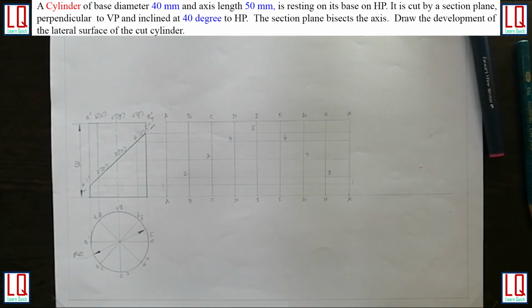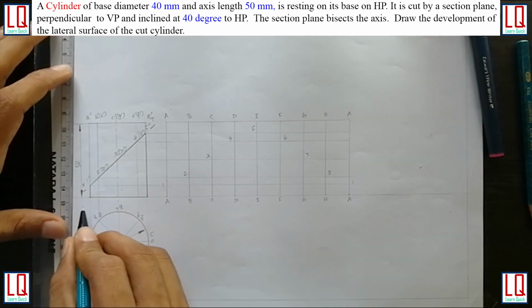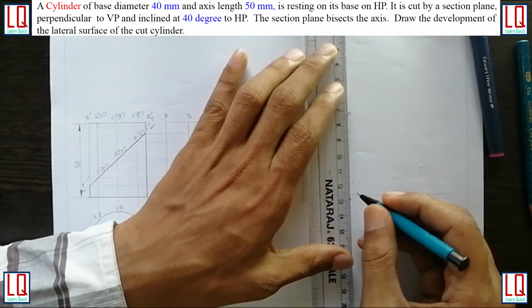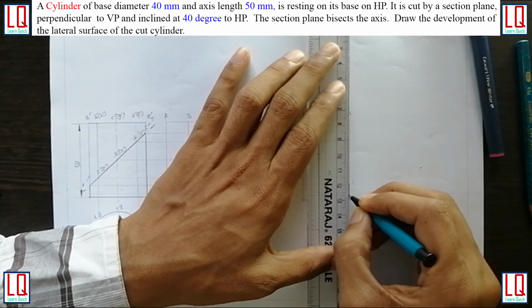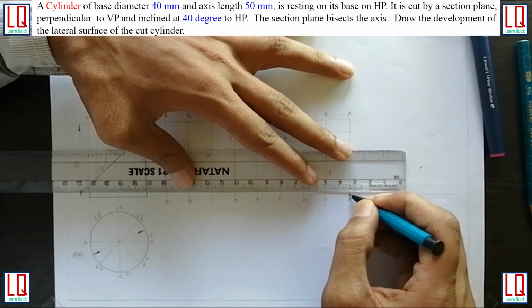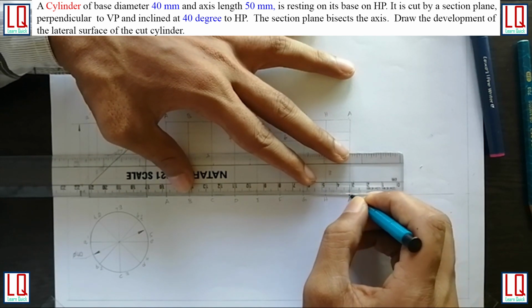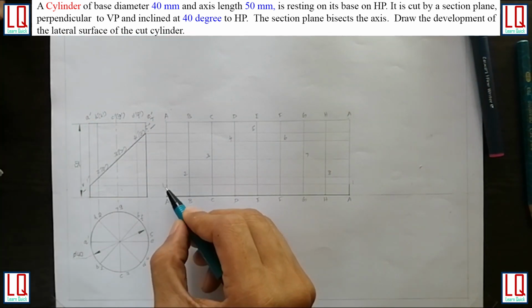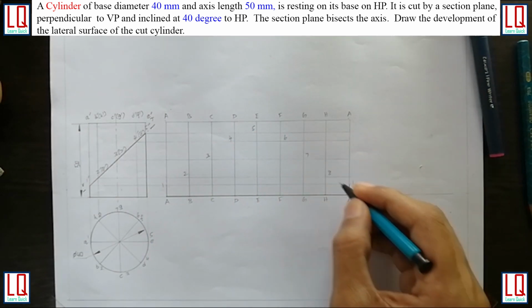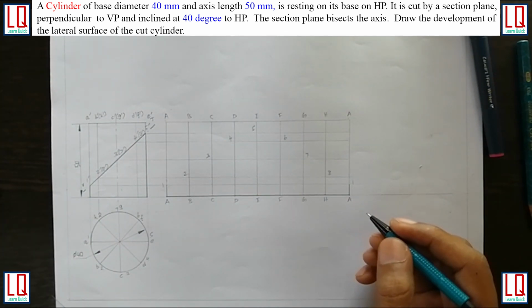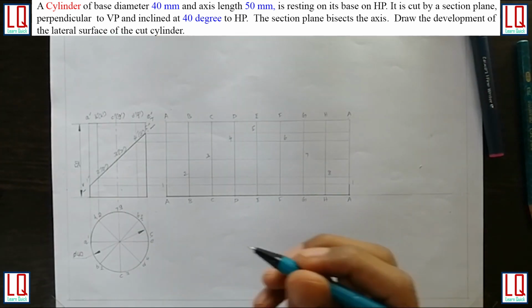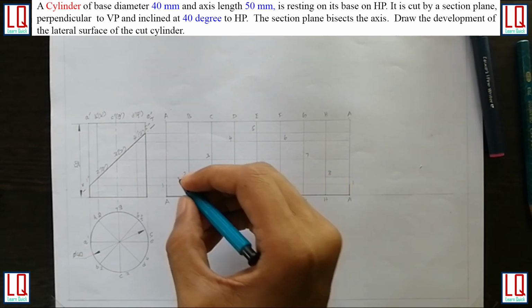Okay, so now we are going to join and highlight the lines which remain. We all know 1 to A is remaining, so we will make this HB. Similarly 1 to A is remaining, we will make it HB. Okay, so this baseline is remaining, we will make it HB. Okay, so now from 1 to 1 we have to join freehand, or you can use your French curves to join. Why? Because the cylinder is a curved surface, we should not join with the help of a scale; we have to join freehand.